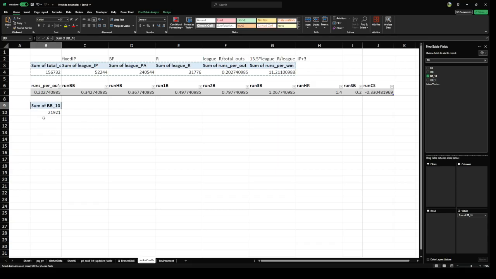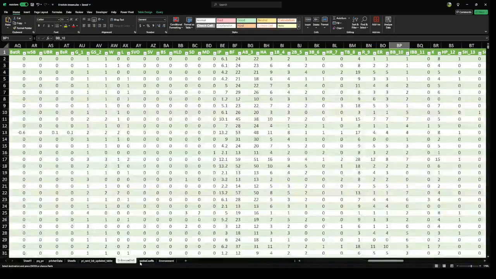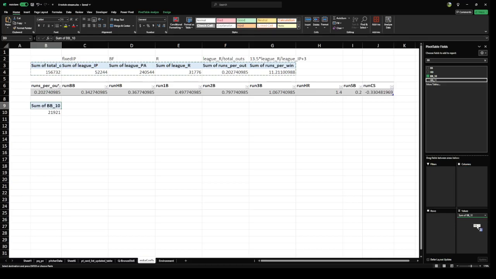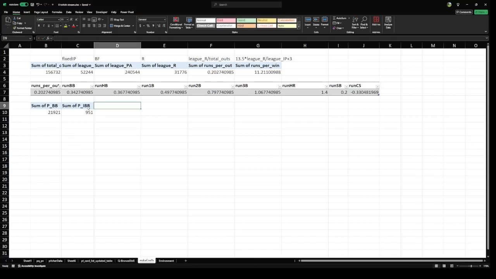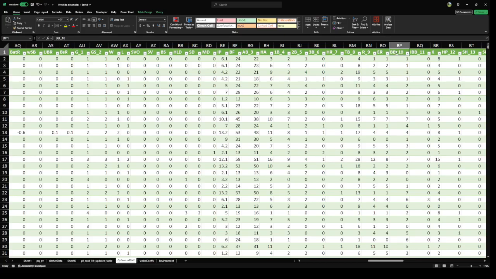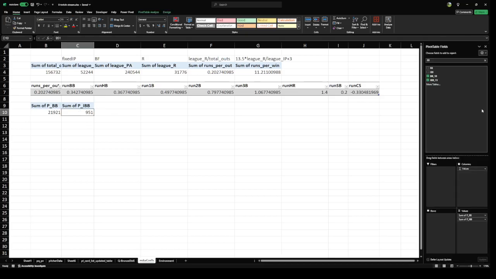And then we need intentional walks, which I really should have just renamed. To make this easy, I'm just going to say PBB, IBB, and we go back and capture all these events, like the hit by pitch, sac hits, all those things where we need to capture how many of those events have happened,